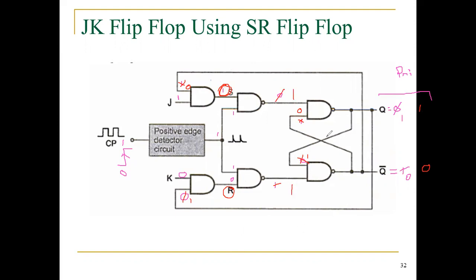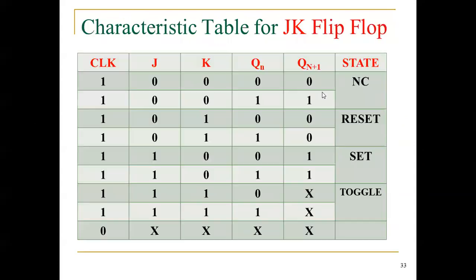Then the initial assumption we made here is 1. Since both the inputs are 1, that makes my output equal to 0. That 0 comes to here. One of the inputs is equal to 0, so my output is equal to 1. That's all. Over the operation. That means initially my clock pulse is equal to high. I take the assumption my J input is equal to 1 and 0. So whatever may be the previous state, that sets the value into 1, 0.